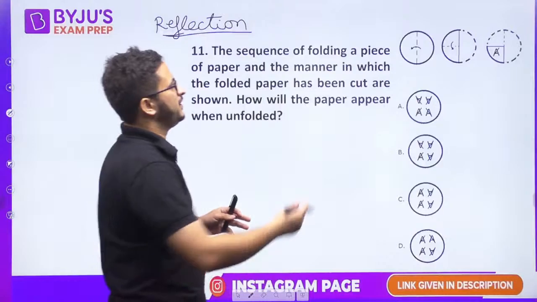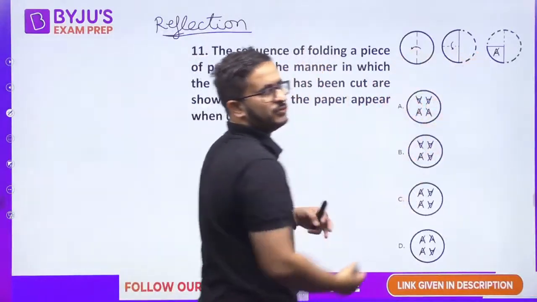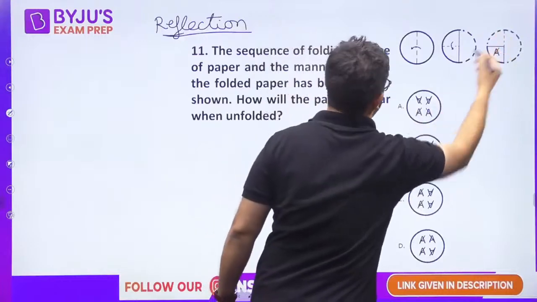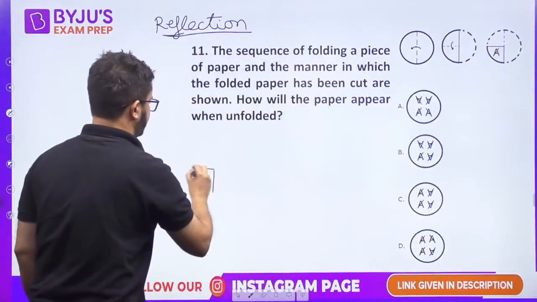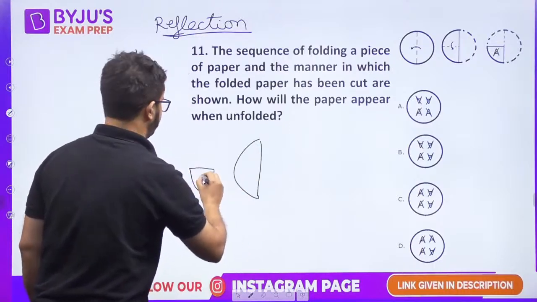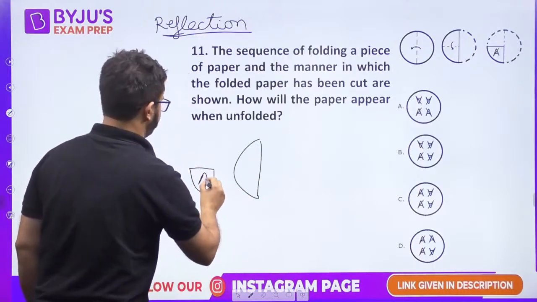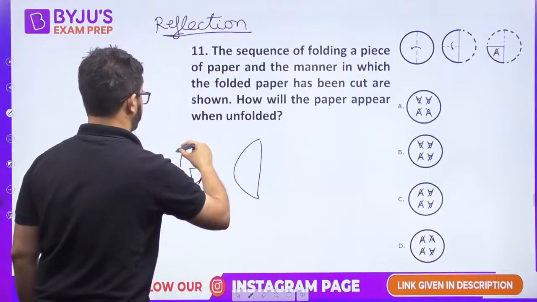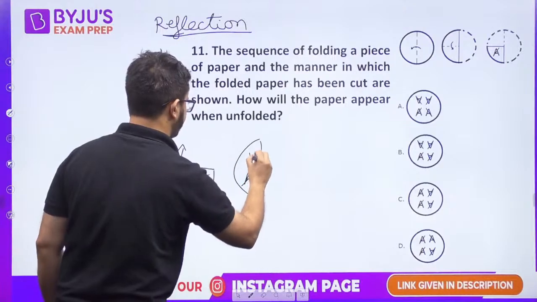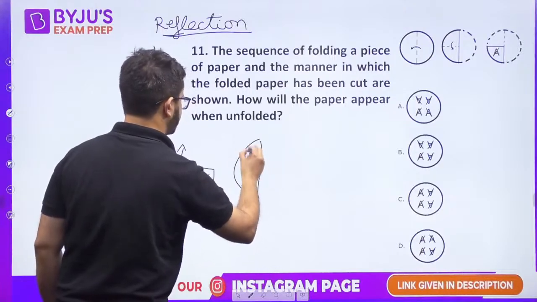Okay, so we are folding it in half, then to another half. ठीक है, पहले इसको half किया, फिर half किया. So when we unfold, first of all, this quarter will become, ये quarter को हम half में convert करेंगे. So this will be reflected on this. There will be a water image of this. ठीक है, इसकी water image बनाएंगे. So we will have A like this, and we will have A like this.